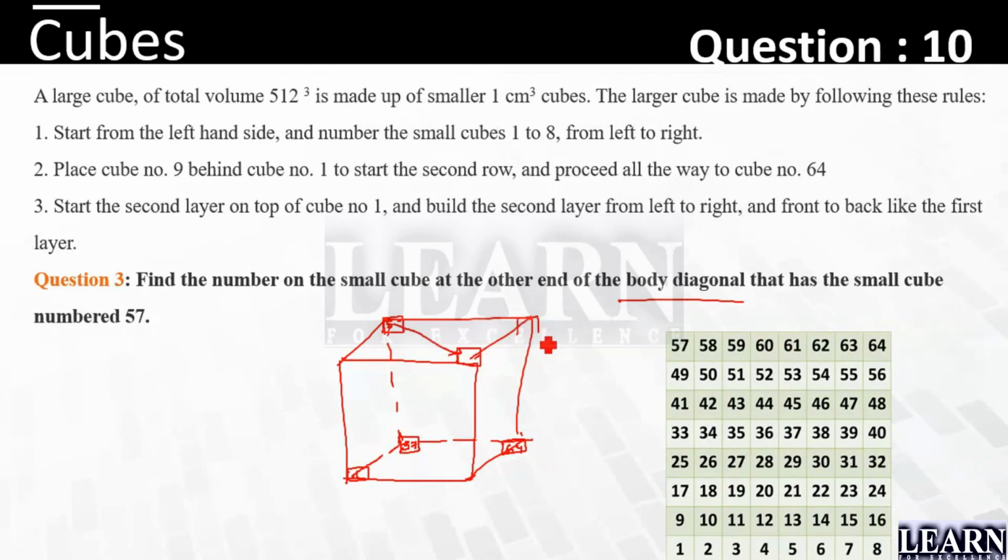Okay, so we know this is going to be 512. This is the last value. So from 512, if you subtract 64, the total of one layer, you will get this value. And if you add 1 to it, you will get the first one. From here, if you add 7, you will get the last one. It means from here, you need to add 8. So 512 minus 64 plus 8 will be your answer. 456 will be your answer.